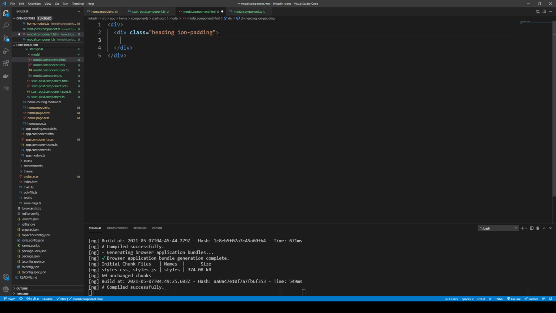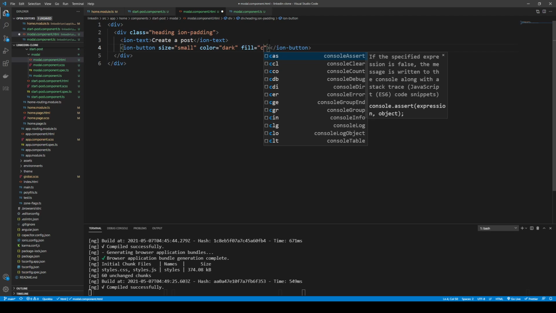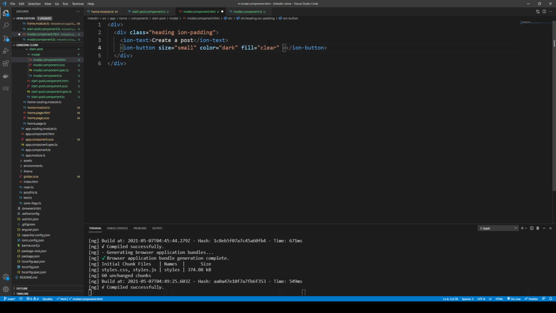Then we'll have an ion-text, and we'll just say create a post. We'll have an ion-button, and this will have the size of small, color equal to dark, a fill of clear, a shape equal to round,